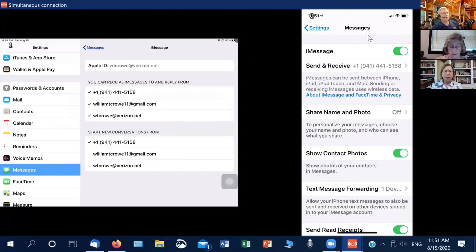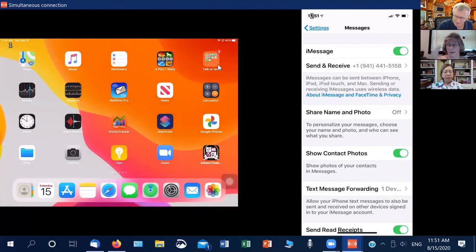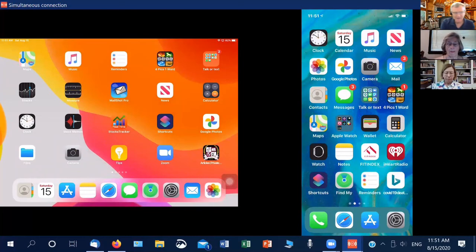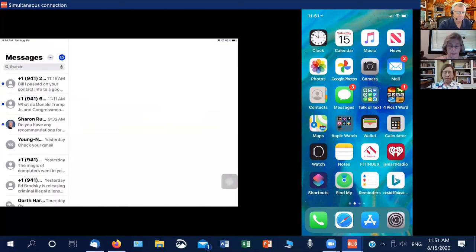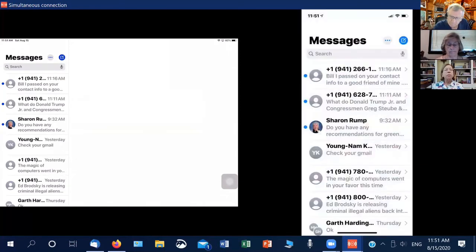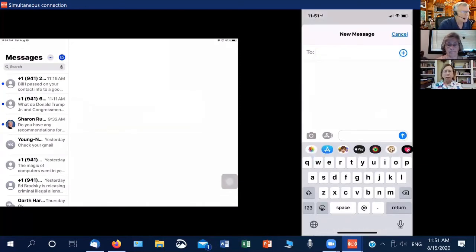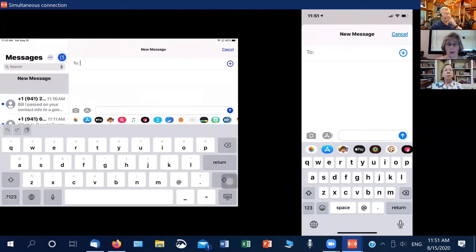Enough on settings. Let's do something a little more adventuresome here. Everybody go back to your home screens, right? And let's go to messages. And let's start a new message. You start a new message by tapping the little pen and paper beside the word messages. There's three dots, and then there's a little pen and paper. Click on that, and you'll get a new message. And now you can,